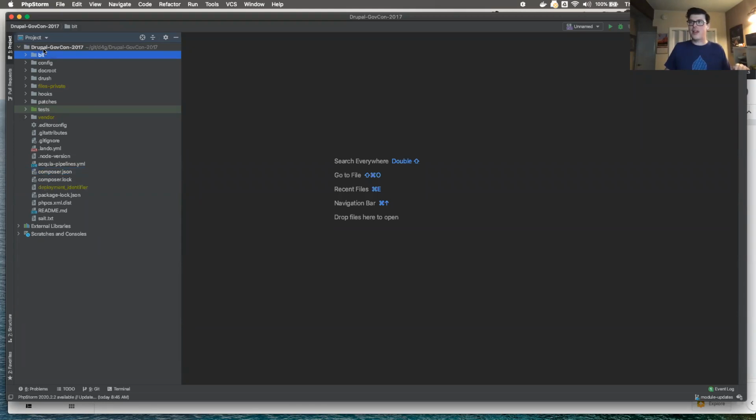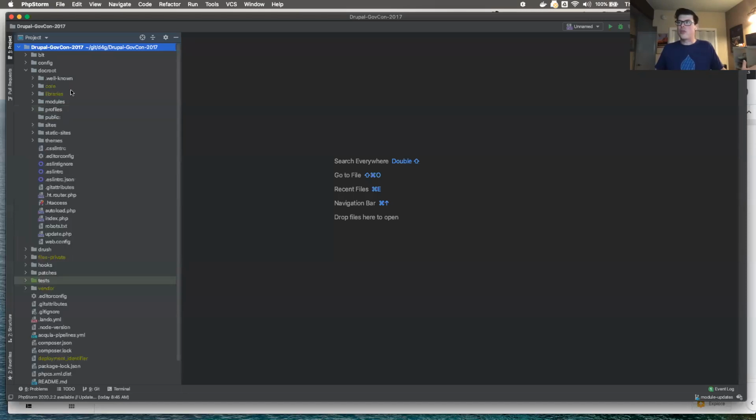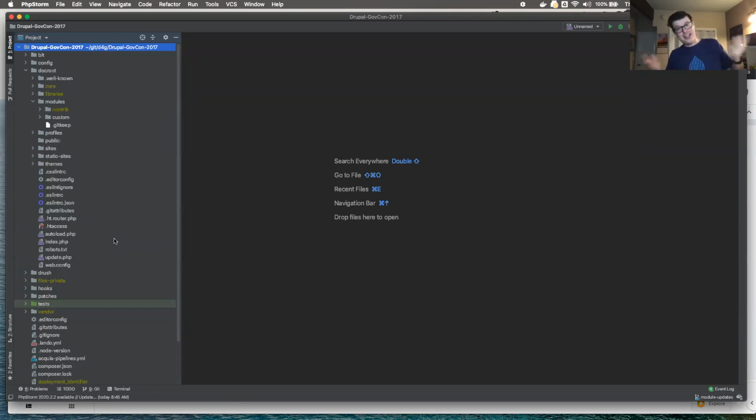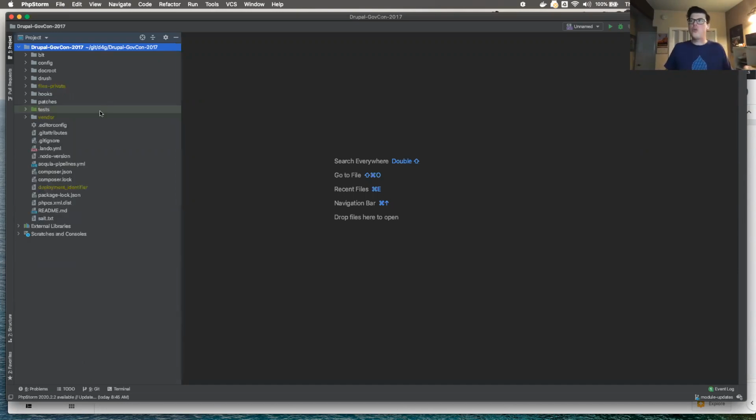So there are some things about how this project is structured because it's a Composer project, and because it's sort of a standard BLT project. So knowing, as I'm clicking through and looking at what's here at any given level, what's actually going into Git versus what's only being managed locally is super helpful for me. And as you look at your own projects, sometimes docroot goes in a folder called web. There are a lot of different ways projects can be organized. I don't want you to get too caught up on the particulars there.